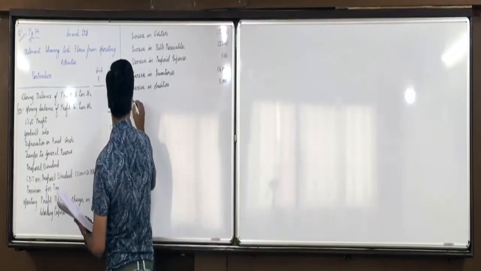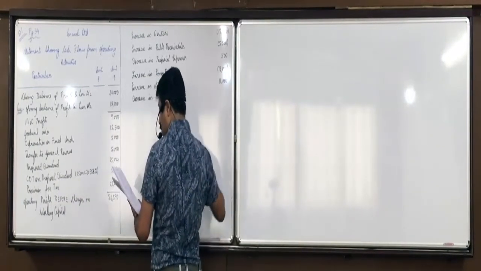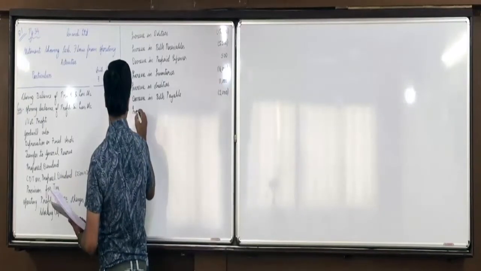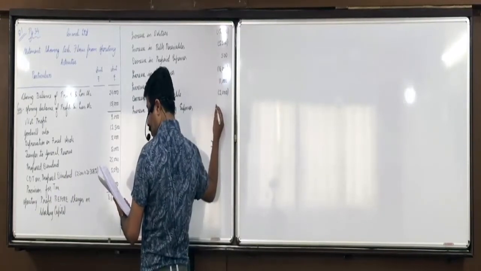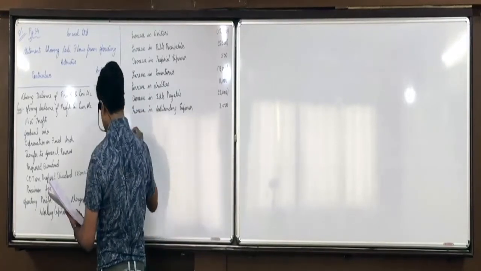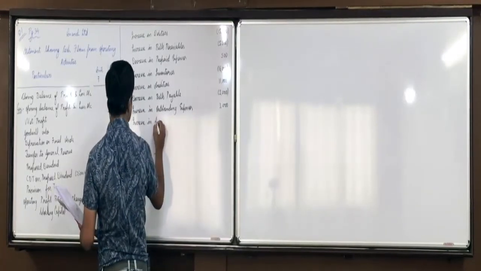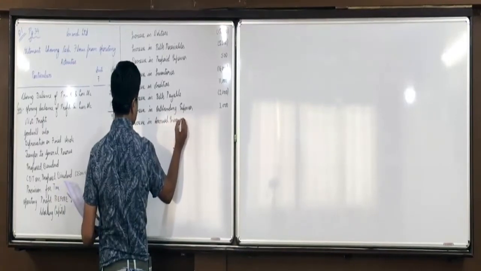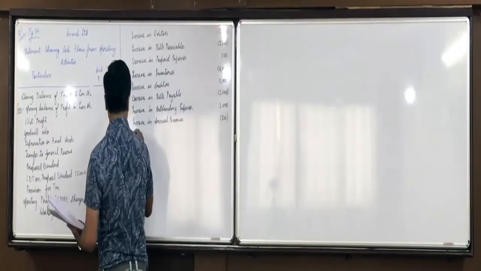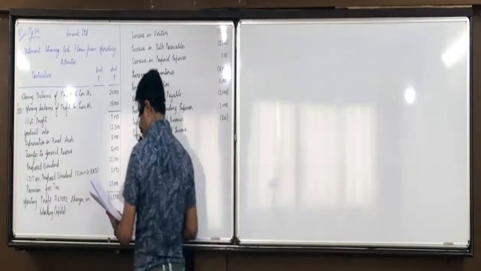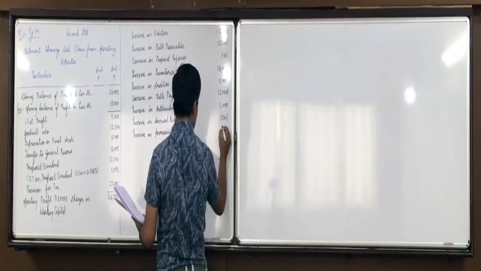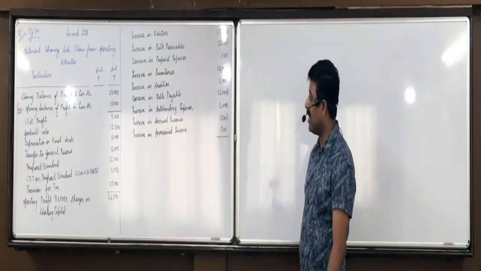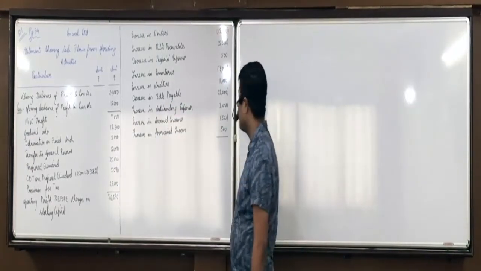Decrease in bills payable, we have direct relation, so minus 2,000. Increase in outstanding expenses, it has direct relation, so add 3,000. Increase in accrued incomes, now this is a current asset and it has inverse relation, so we have to minus 500. And increase in pre-received income, it has direct relation, so add 500. Did you understand this, everyone? All items of current assets and current liabilities are taken.